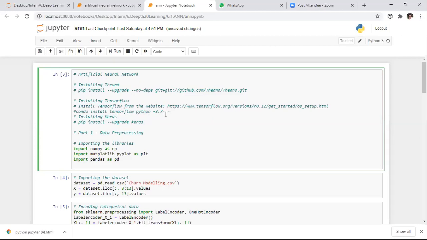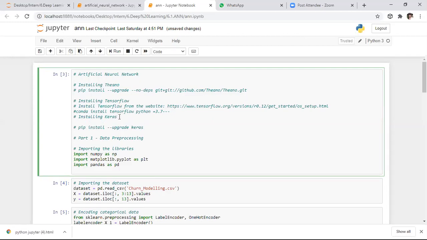Next one is the Keras framework. If you want to perform any computations on deep learning, at the back end of TensorFlow we have Keras. It is a computational toolkit of the TensorFlow framework. If you want to install this, here is the command. If you enter this command in your Anaconda prompt and it returns an error like pip not found, then try this command in your laptop.